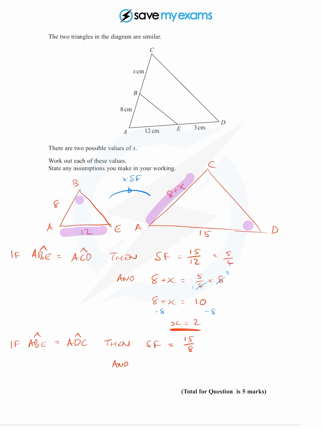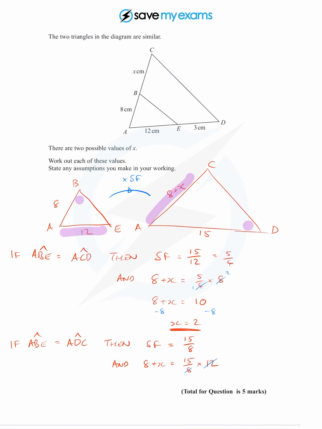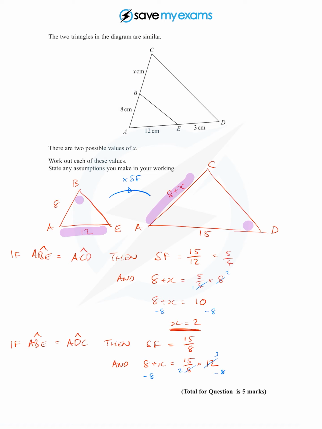And so it would be x plus 8 is equal to 15 over 8, the scale factor, times 12. And if I do a little bit of cancelling there, 12 over 8, they both divide by 4, so that's 3 over 2. So I've got 15 times 3 over 2 on the right there. And what can I do with that? Well, I'm going to do the same thing I did before. I'm going to subtract 8 from both sides. Now I know I've possibly skipped a step here, but that does give me, and I'll go below the question total there, that gives me,